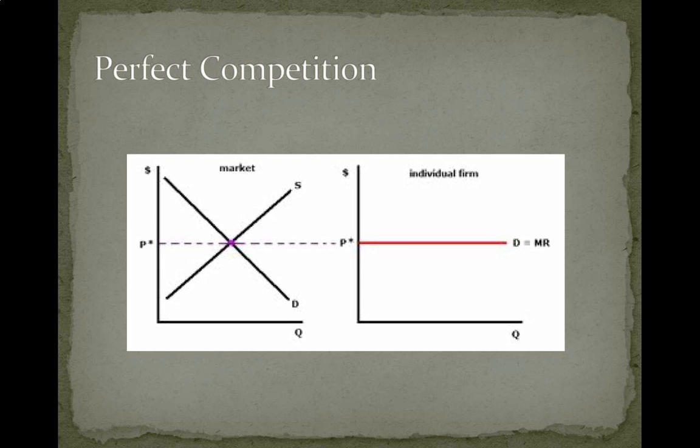And what we have here on the left-hand side is a supply and demand curve for a whole entire market. So if we are looking at the market for corn, this would be what's called the aggregate supply and the aggregate demand. And aggregate just means for the whole entire industry. Make sure that you know that. So we're looking at the supply of everyone in the corn industry and the demand for everyone in the corn industry. And where those two lines cross is our equilibrium, and that is going to be the market price that they are going to offer you when you go to sell your corn. So on the right-hand side, we are looking for the demand of corn for one firm in that industry.